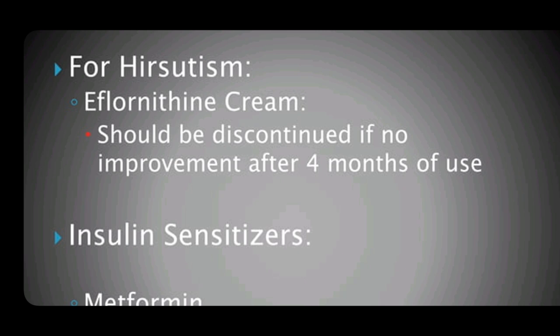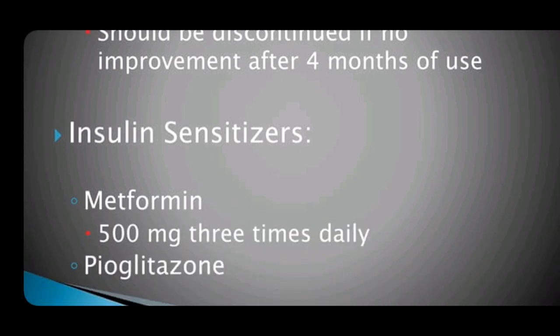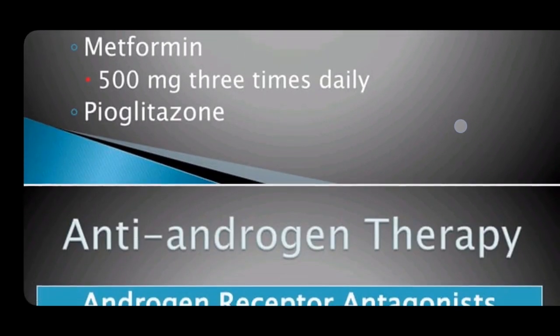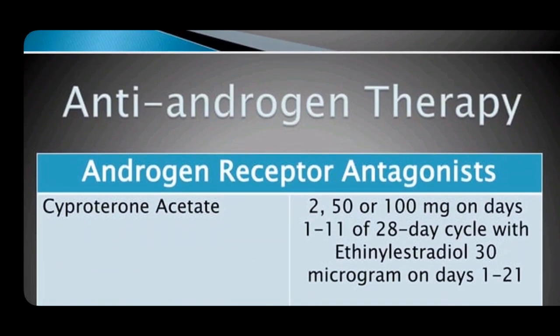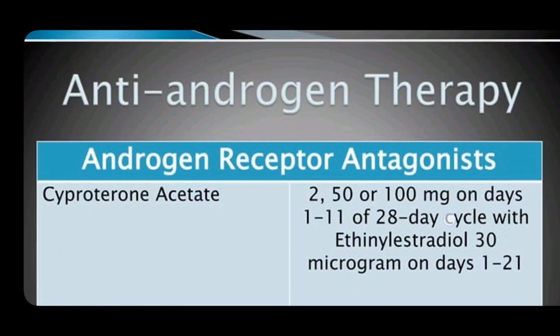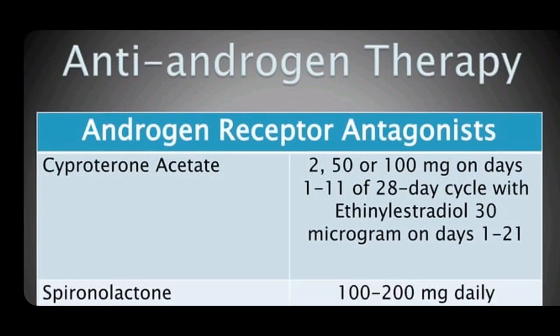আবার 4 মাস ব্যবহার করেছি, তখনও যদি কোনো ইমপ্রুভমেন্ট না আসে, তাহলে এটা আমরা ডিসকন্টিনিউ করবো। আমরা ইনসুলিন সেন্সিটাইজার ইউজ করতে পারি, দ্যাট ইজ মেটফরমিন 3 times ডেইলি, পায়োগ্লিটাজন ইউজ করতে পারি। অ্যান্টি অ্যান্ড্রোজেন থেরাপি, ফর hirsutism উই ক্যান ইউজ অ্যান্টি অ্যান্ড্রোজেন থেরাপি।